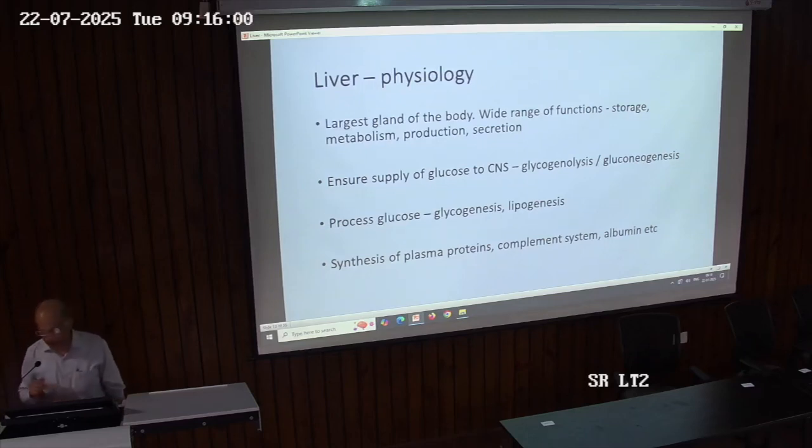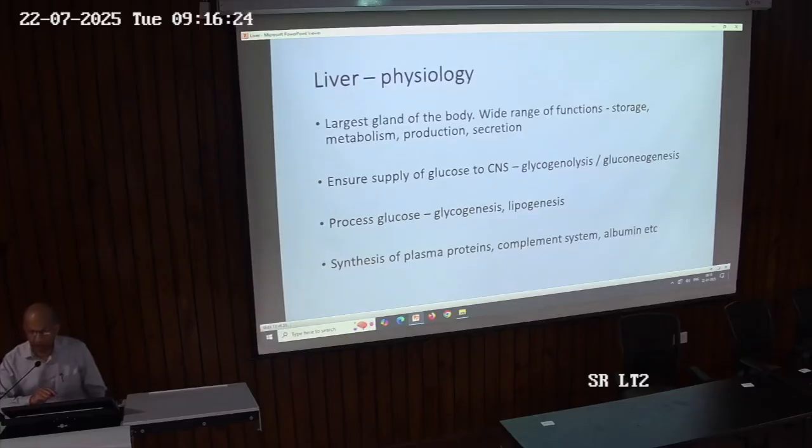Where all is glycogen stored? 2 places where glycogen is stored. The liver and the muscles. And which of these 2 is the major store? The muscles. The liver has about 100 grams, the muscles have about 400 to 500 grams of